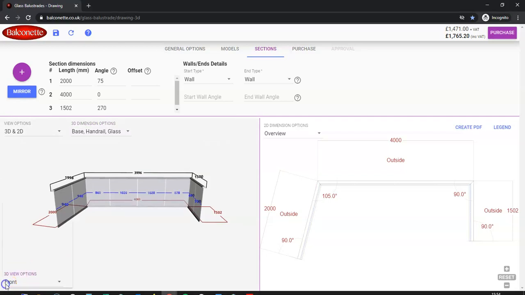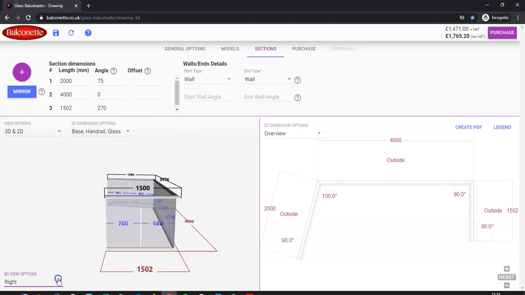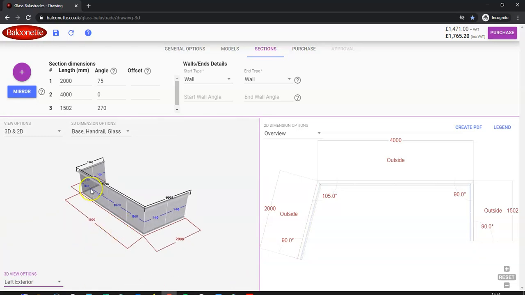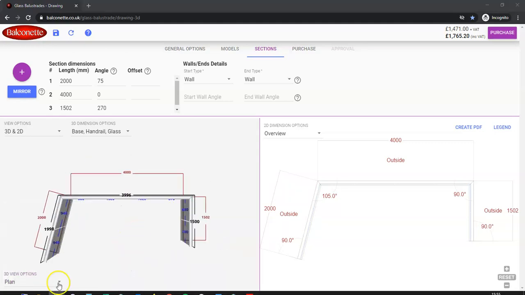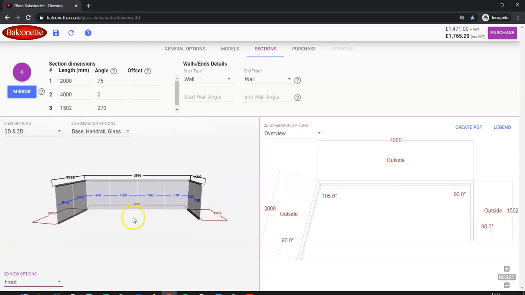Down here at the bottom you will have fixed views that you can have with the 3D model. So you can have it viewed from the left side, you can have it viewed from the right side, you can have it viewed in such fashion, and as well as plan view if you wish. So let's leave it on the front view of the balcony,